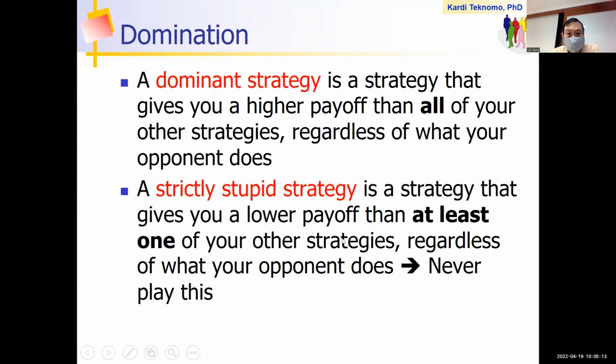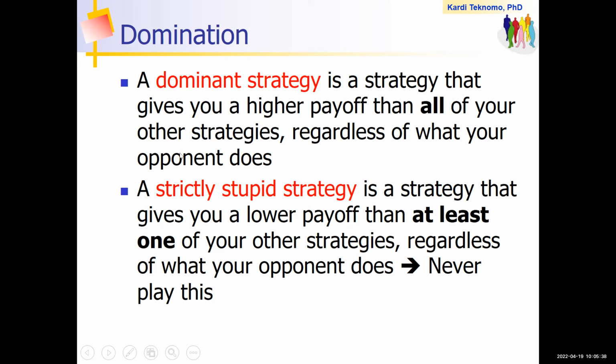I hope you still remember this. A dominant strategy in game theory is a strategy that gives you a higher payoff than all of your other strategies, regardless of what your